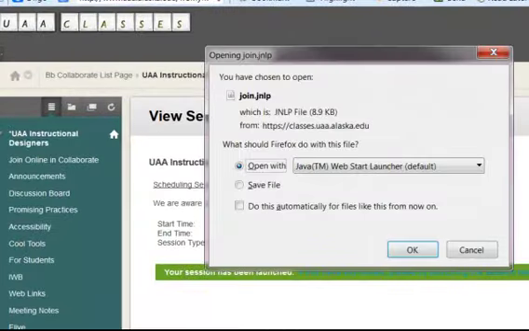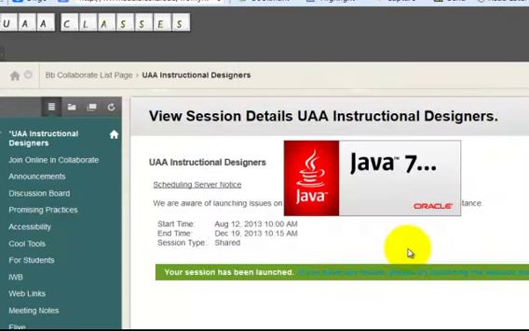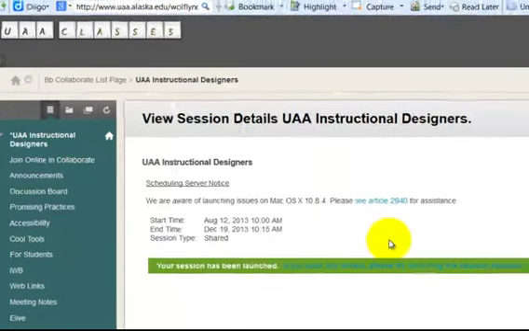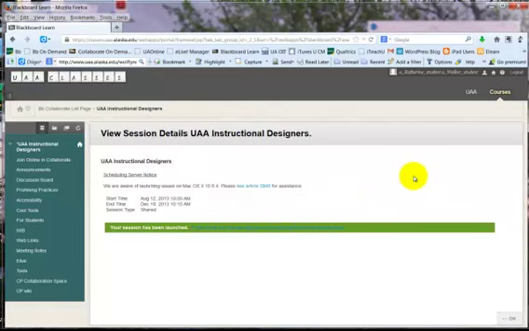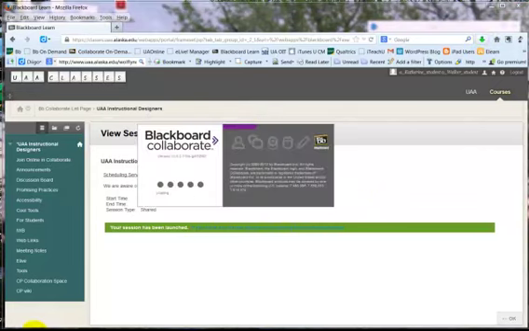I'm using Mozilla Firefox on a PC and it opens using Java, so I just need to simply click OK and it opens Java and starts opening Collaborate. However, it may download a file. You may have to pay attention, find that downloaded file. It may appear up here or down in the corner, and you may have to double click on that file